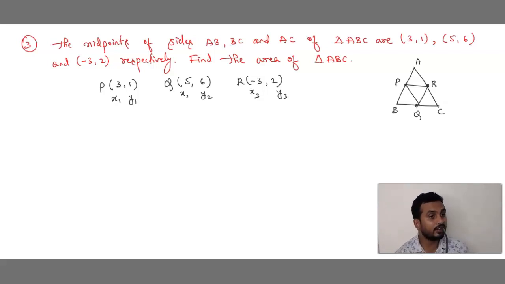इसके अंदर हमें किसका एरिया फाइंड आउट करना है बेटा? ABC का एरिया फाइंड आउट करना है, लेकिन वैल्यूज किसके दिया है? He has given the coordinates of PQR. He has given coordinates PQR but asking ABC.